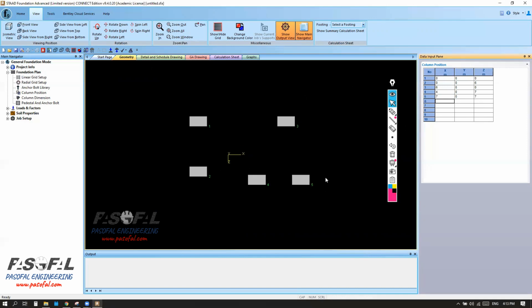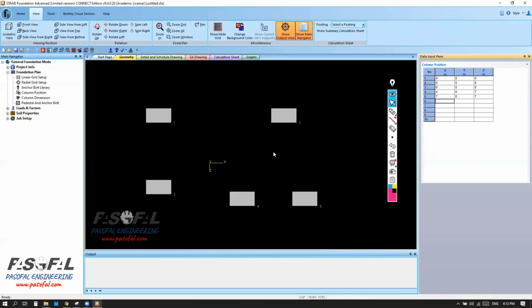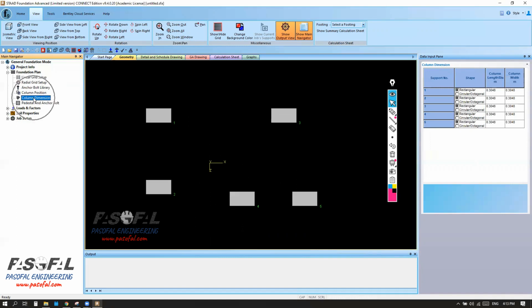So I'm just showing you how simply you can create the geometry of the columns, or the position of the columns, and definitely under the columns you have to design the footing or foundation. And in this example, we are going to design the isolated foundation or footing. So the first step was column position. The next one is column dimensions. Since here I have five columns, 1, 2, 3, 4, and 5,